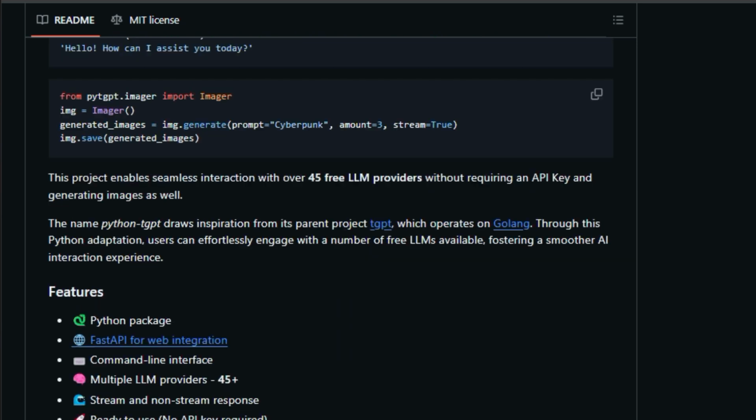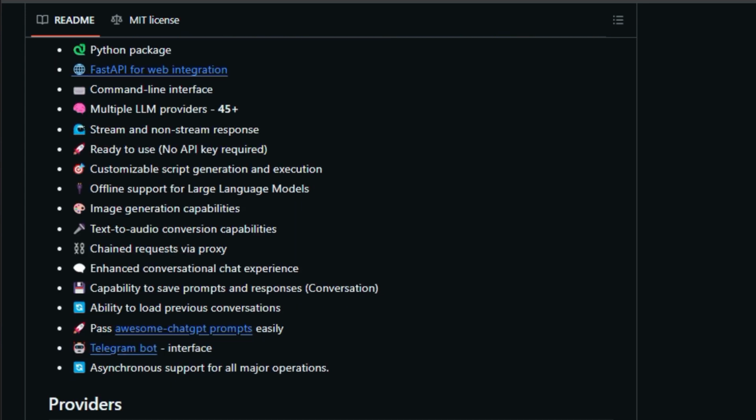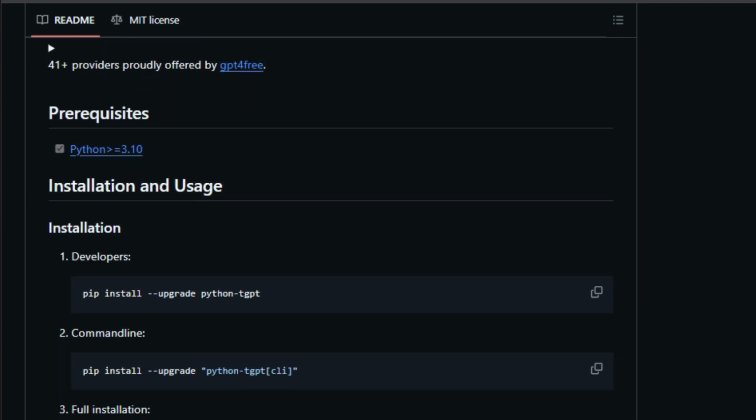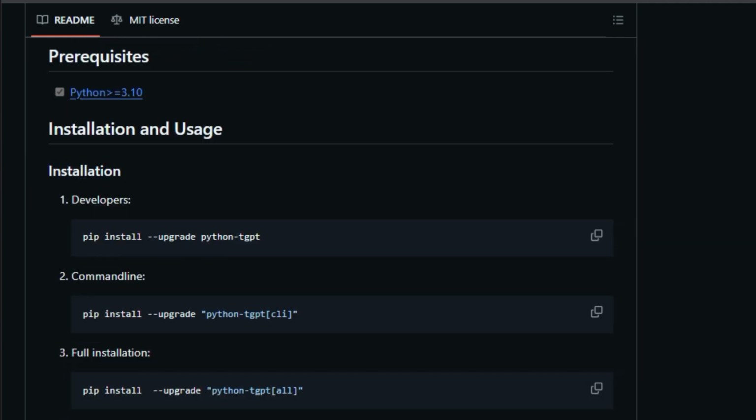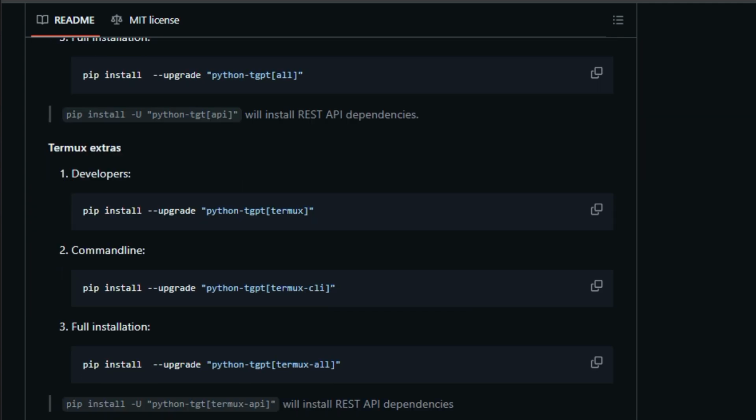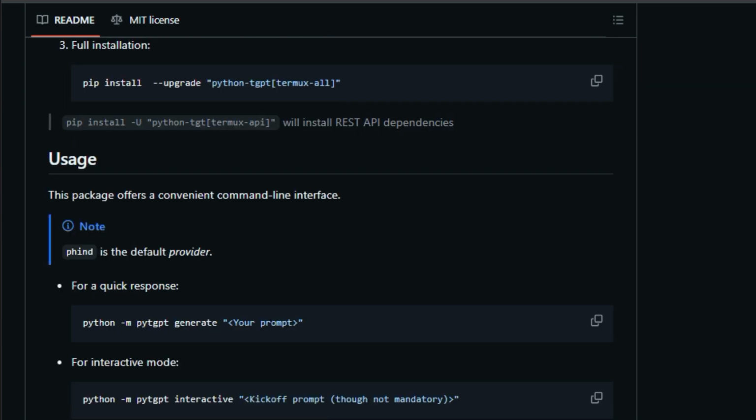It provides a conversational chat experience, allowing users to save prompts and responses and load previous conversations. Image generation is supported using pollinations.ai, and the project also supports text-to-audio conversion. The project also offers offline support for large language models. Python TGPT offers a variety of features such as customizable script generation and execution, chained requests via proxy, and asynchronous